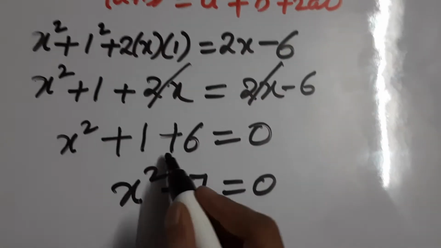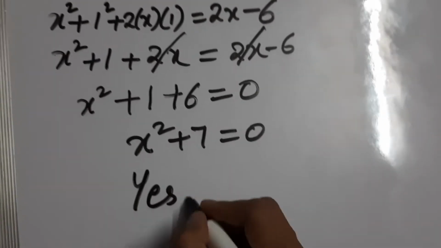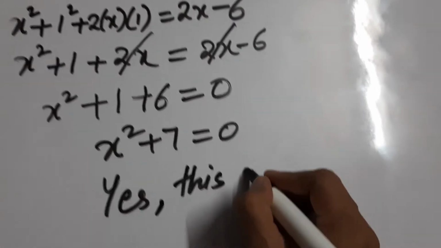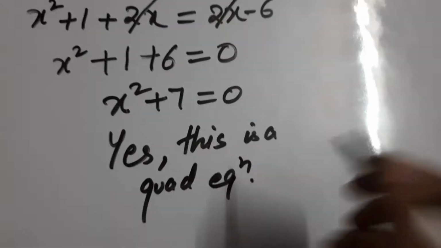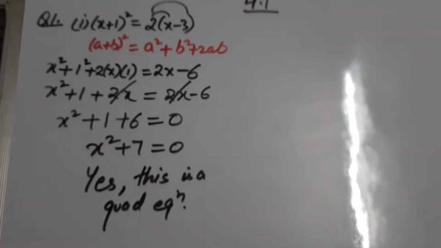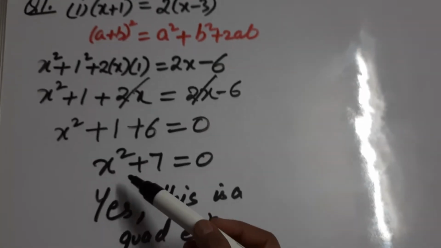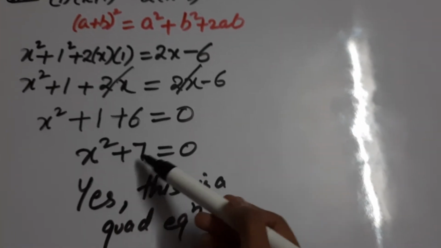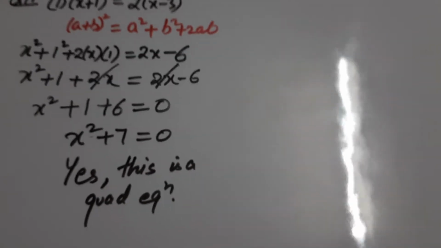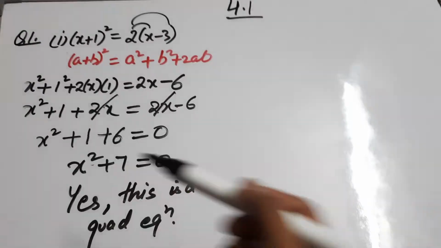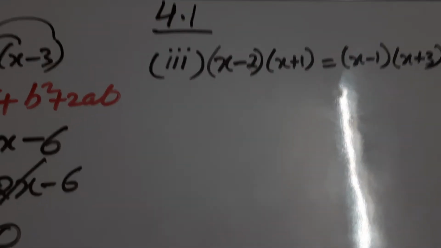So dear students, as you can see, the highest degree of this equation is 2. So we will say yes, this is a quadratic equation, right? So in this way, I hope it is clear to you. First of all solve it, then answer. And if you only have the square term, if you do not have the other two terms, no need to worry, then also it will be a quadratic equation. Okay, but the highest degree should be 2. So dear students, try the second part yourself.